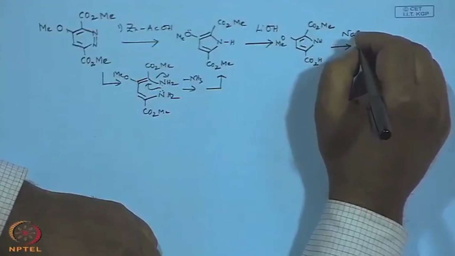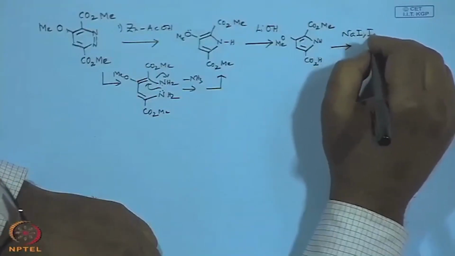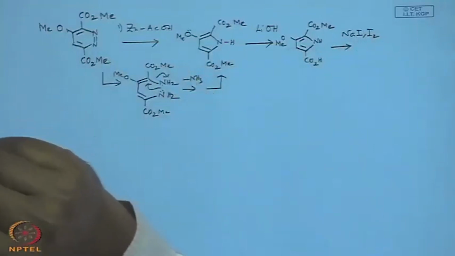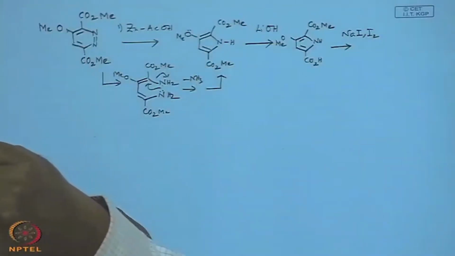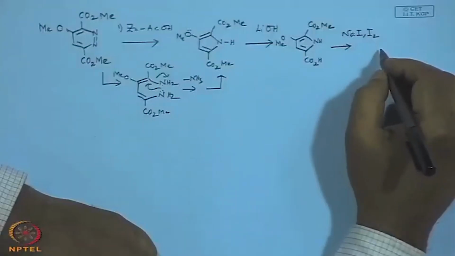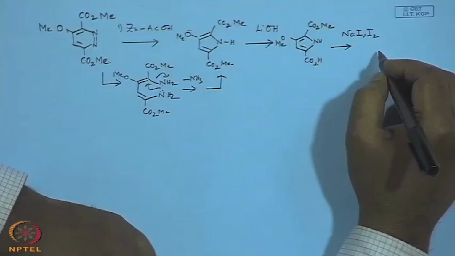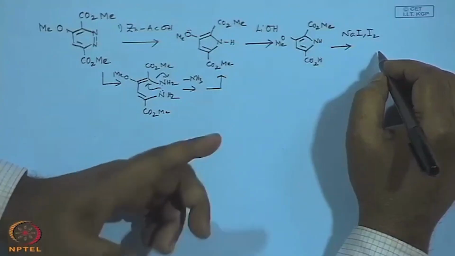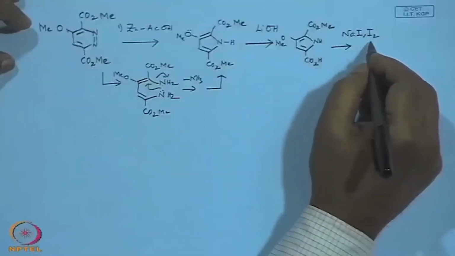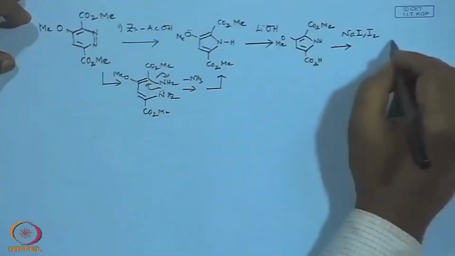If you react with sodium iodide and iodine, it gives a diiodo compound. I think by now you should be able to work out what diiodo compounds we see, and normally if you want to do the iodination of benzene, just simple iodine is not enough, or even putting iron, that is not enough. What you have to do? Right, oxidizing agent, but in this case pyrrole is analogous in reactivity to anilines. So, with iodine it can give a product which is